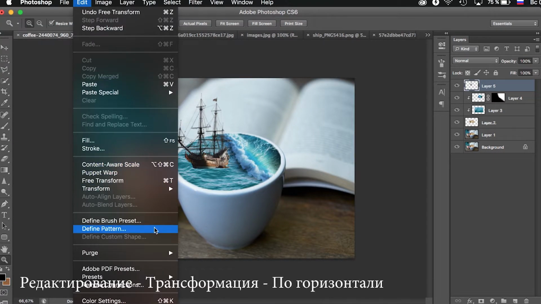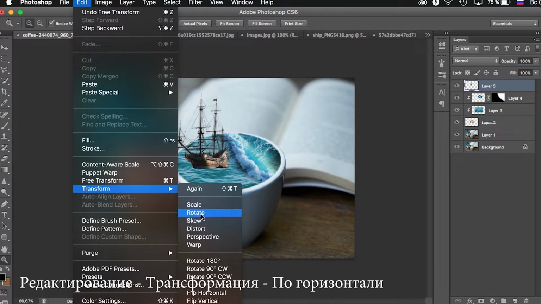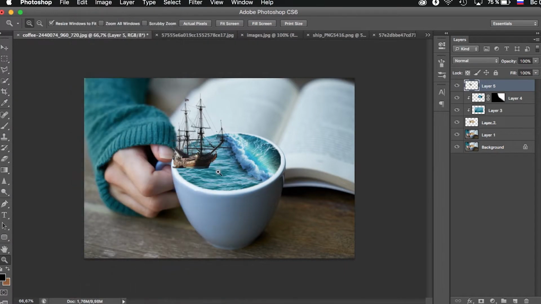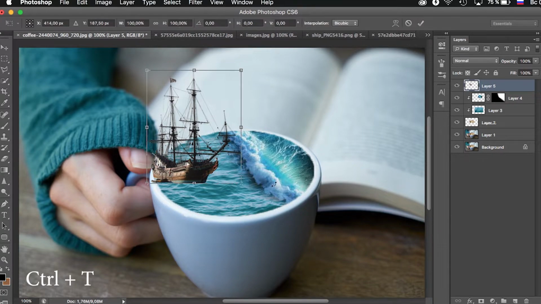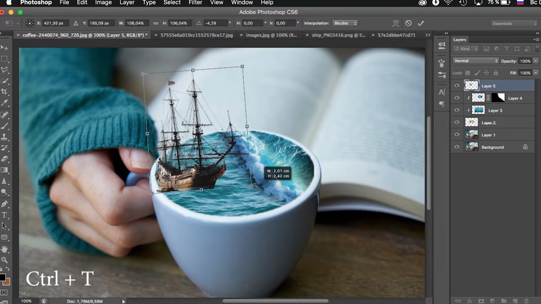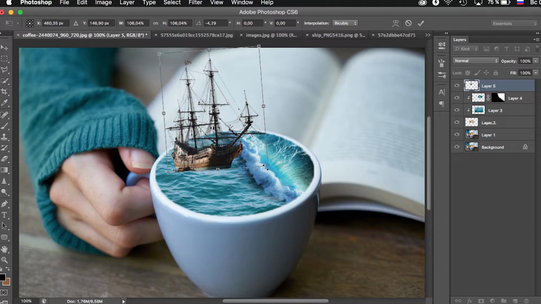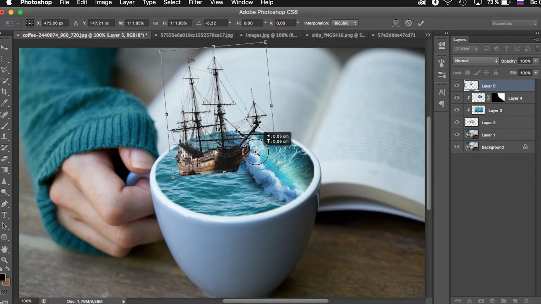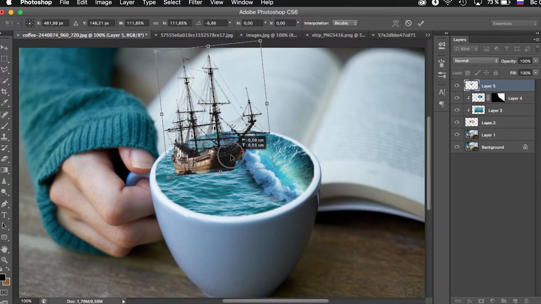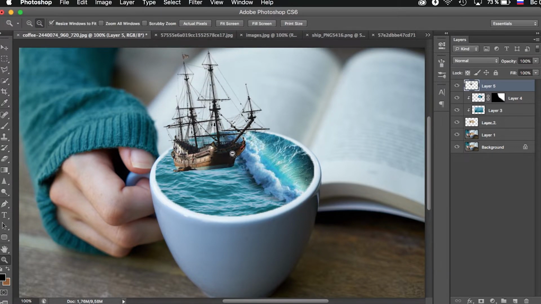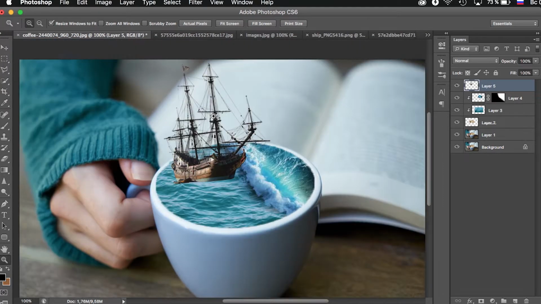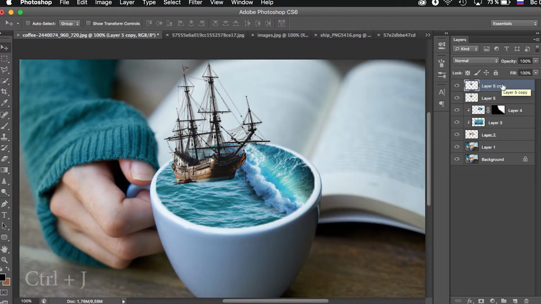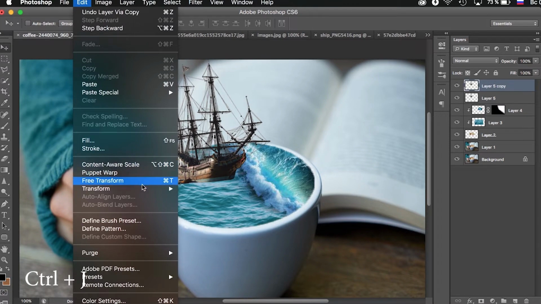Then I want it to reflect, so press Edit, Transform and flip horizontal. You can change the size and place it wherever you want. Okay, like that. Then press Enter. Then we need to duplicate the fifth layer with Ctrl J